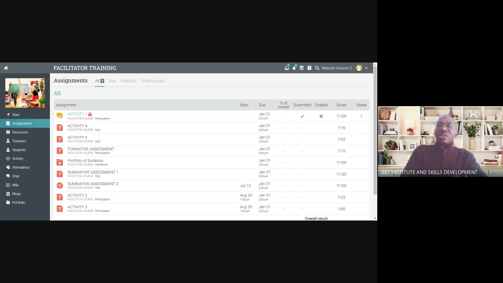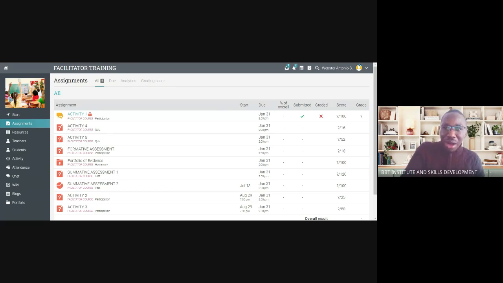Now, this is how it's supposed to be done. But I've seen some people doing the summative assessment, then they come and do activity 3, then they come and do activity 4. Do one at a time, because one question takes you to the other. That's how it has been organized in sequence. So do not mix up and complete randomly. Complete them in sequence, 1, 2, 3, 4, because one activity leads you to the other. The answers that you might have got in activity 2 might be leading you to answer questions in activity 3 or activity 4, stuff like that.